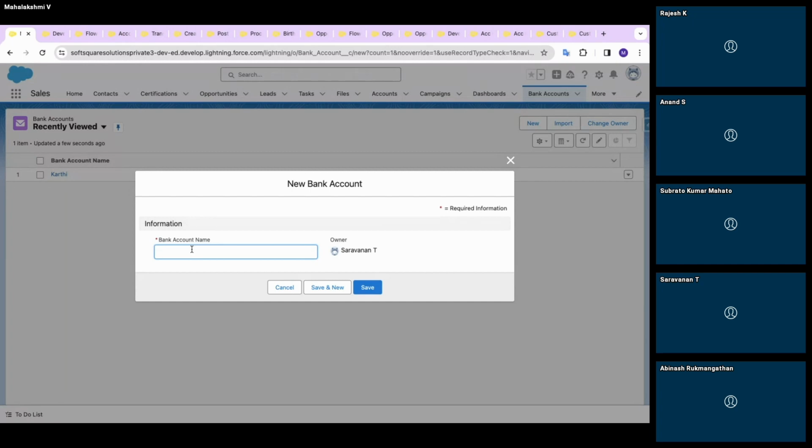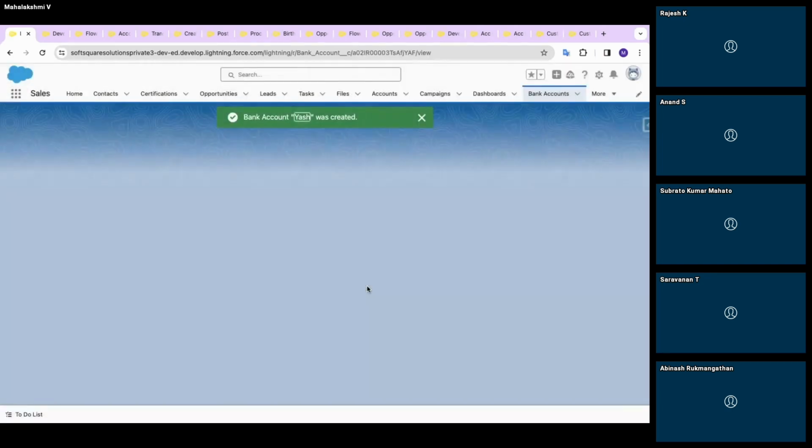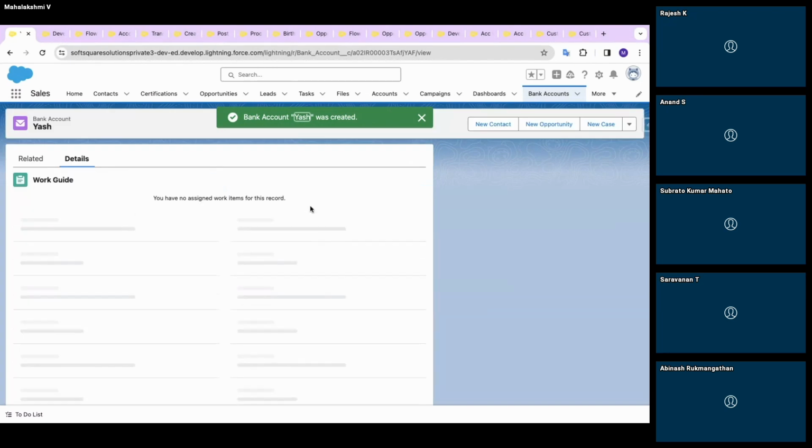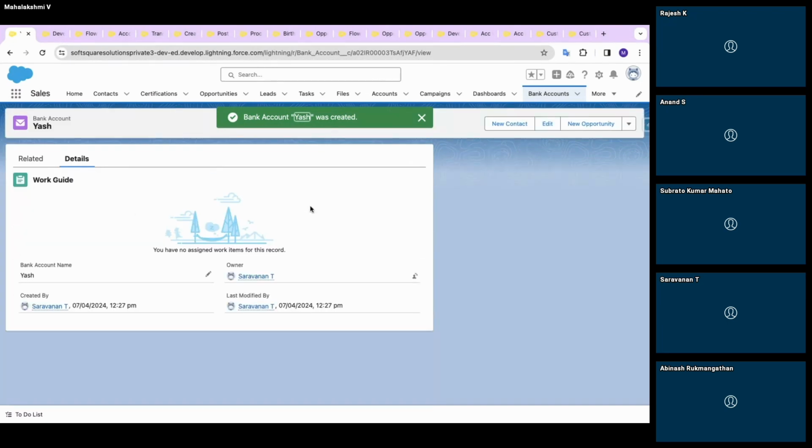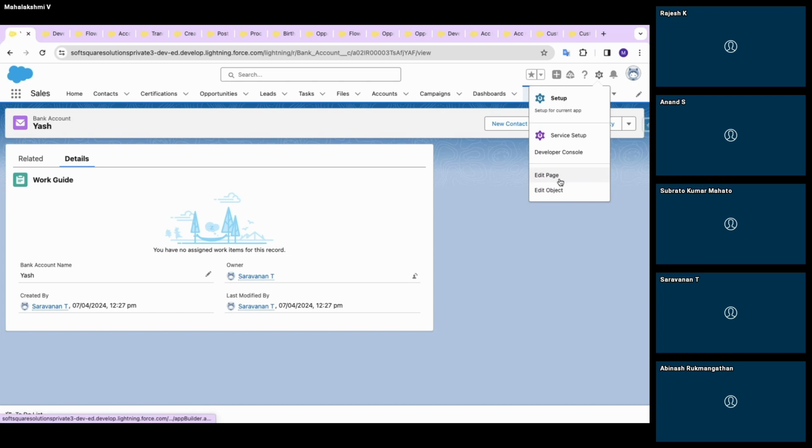I just have that name field alone for this record. I'm just giving the name as Yas. Now the account record is created. Now our orchestration flow gets triggered and we have that orchestration work guide